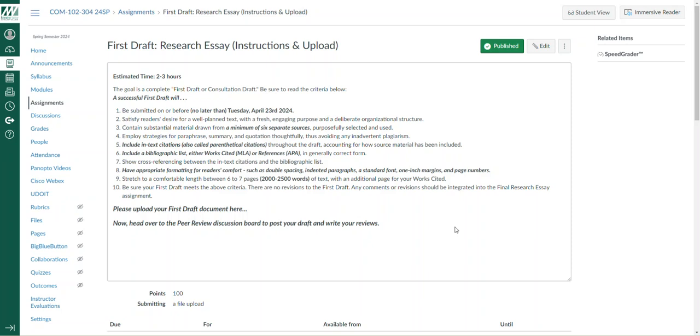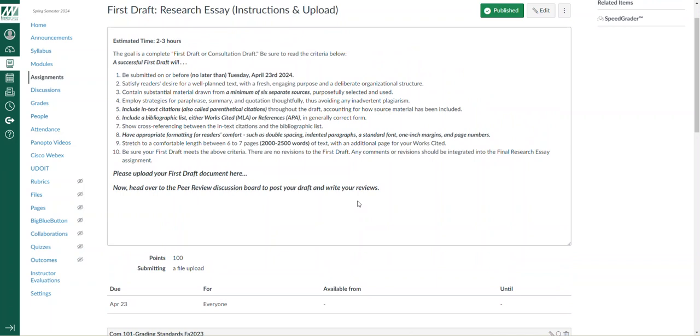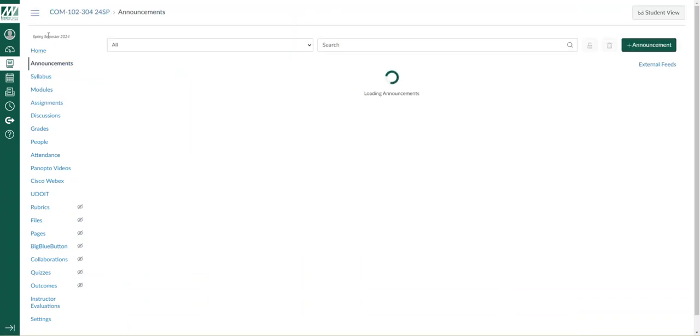Looking for about 2,000 to 2,500 words. Stretch this out as far as you can so that everybody can help you through peer review. Also, over the time given, I will look at these drafts and offer some comments for you, all right? So I'll talk about the peer review process in a later video. So this is due next week on Tuesday the 23rd. So once again, this week,